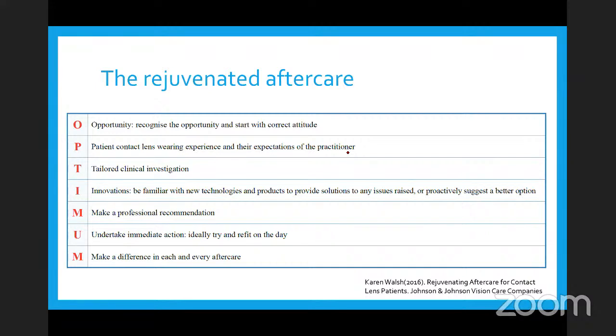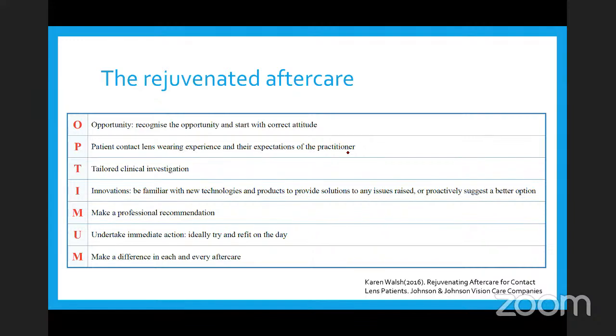So you look at each step in detail, and go in for a tailored clinical investigation, because every time the patient comes in, you do the same things again. Sometimes you might just keep doing an over refraction to check if the VA is good, or something like that. You need to tailor make it. You probably need to sometimes add one of the tests which you didn't do last time. For example, doing a tear scope, looking at the tear quality properly, doing a K5, measuring the tear status very efficiently if you have the instruments there. So tailor the clinical investigation,